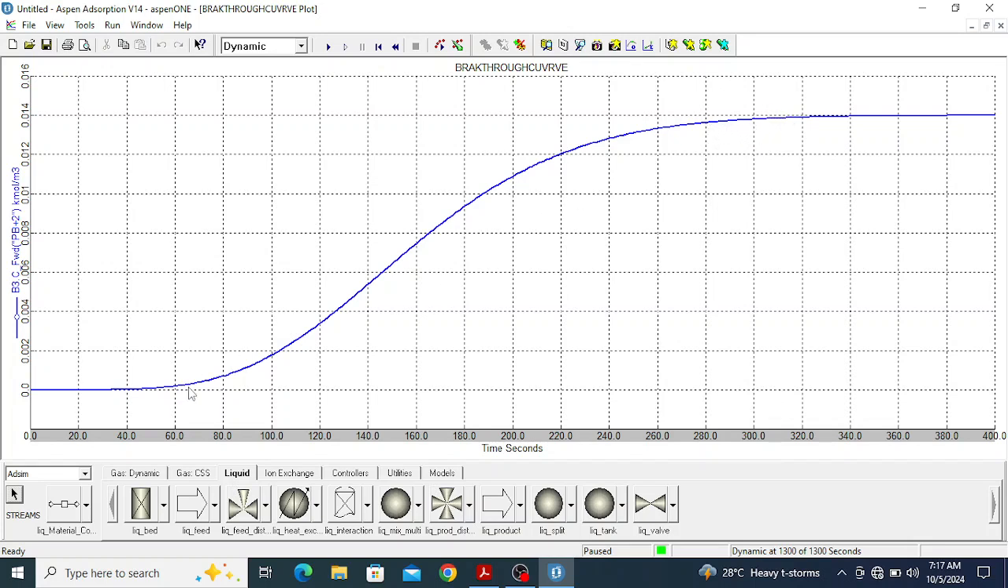And this is the breakthrough point. The breakthrough point is when the outlet concentration is 5% of this one, 5% of 0.014. Suppose this is about the 5% of this one. So it is at about 74 seconds. 74 seconds is the breakthrough point. So breakthrough will occur at 74 seconds or 70 seconds at this position. And the 95% of this one is about